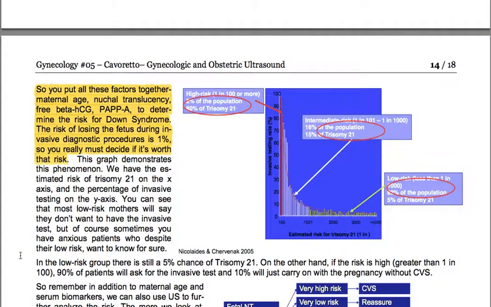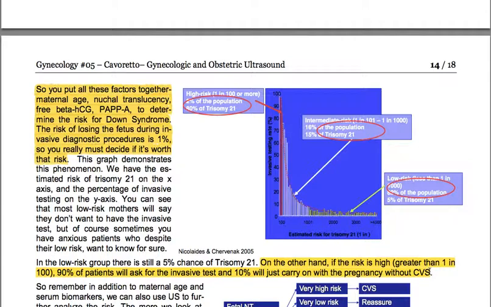You have the estimated risk of trisomy 21 on the x-axis, and the percentage of invasive testing on the y-axis. You can see that most low-risk mothers will say they don't want to have the invasive test, but of course sometimes we have anxious patients who, despite their low risk, want to know for sure. In the low risk group there is still a 5% chance of trisomy 21. On the other hand, if the risk is high, greater than 1 in 100, 90% of patients will ask for the invasive test and 10% of them will just carry on